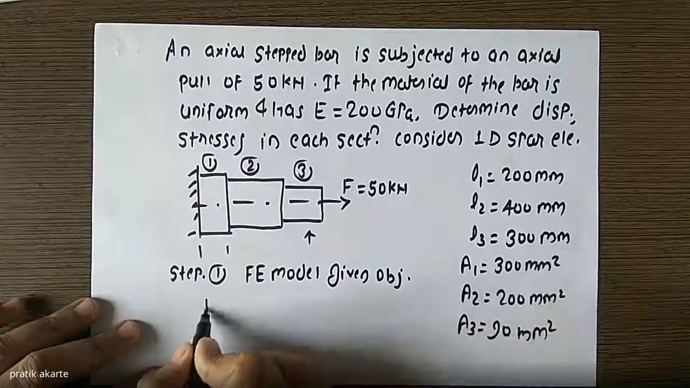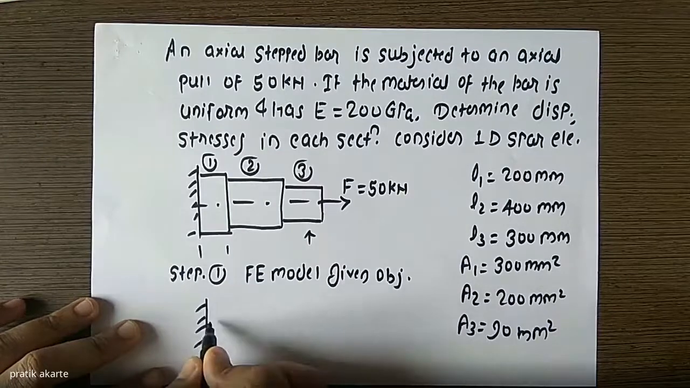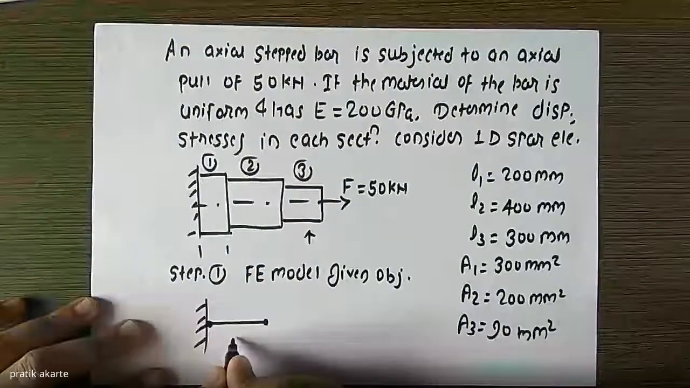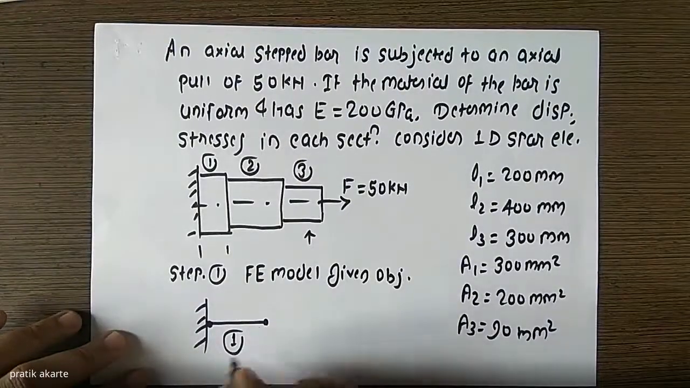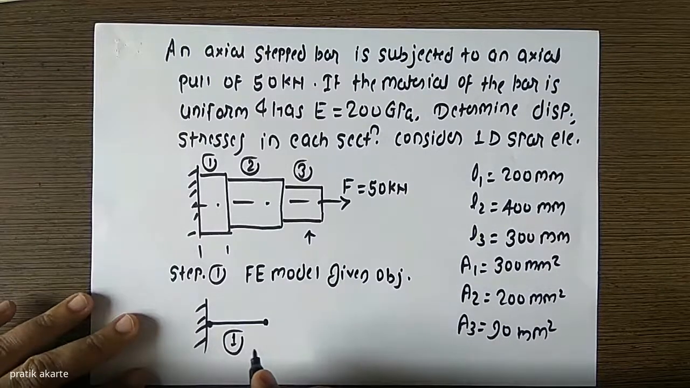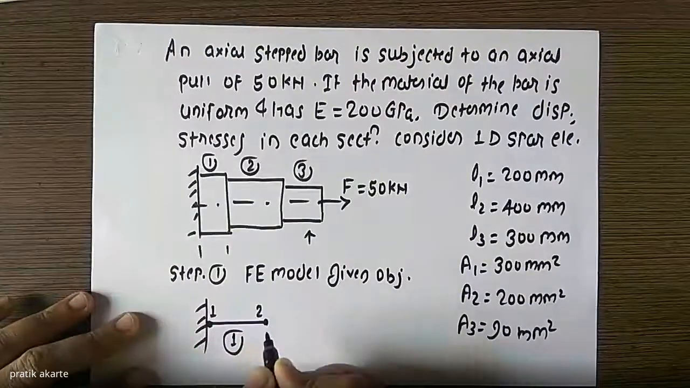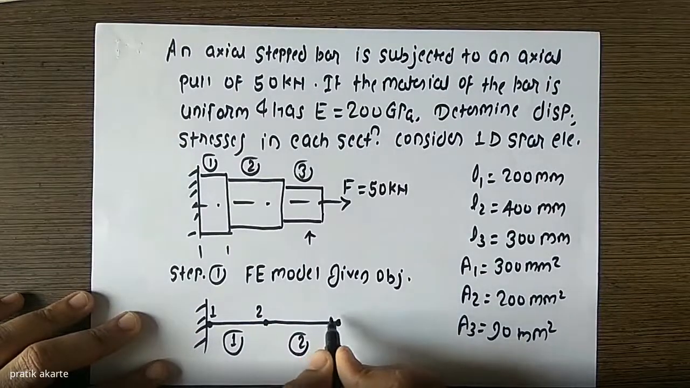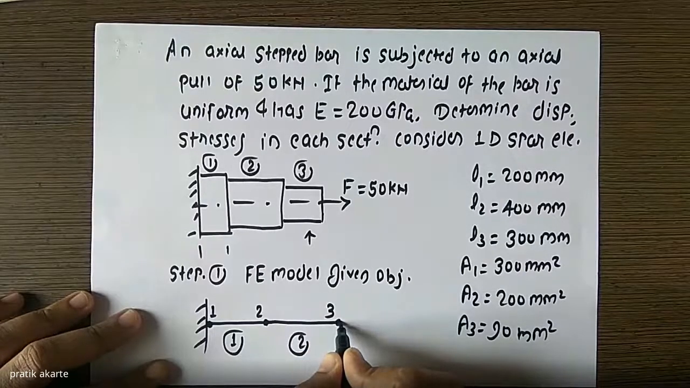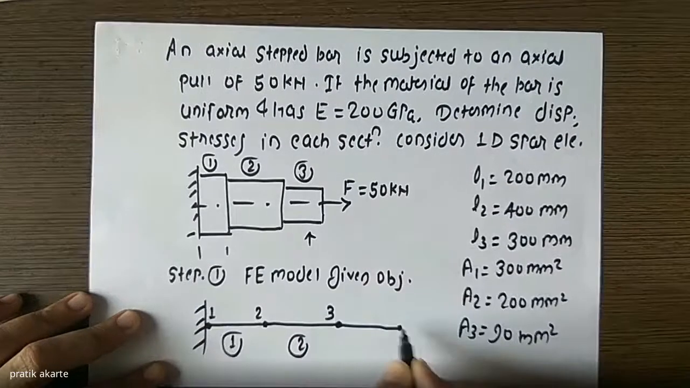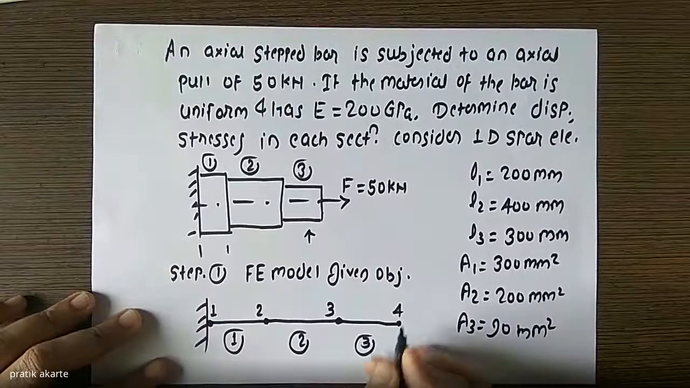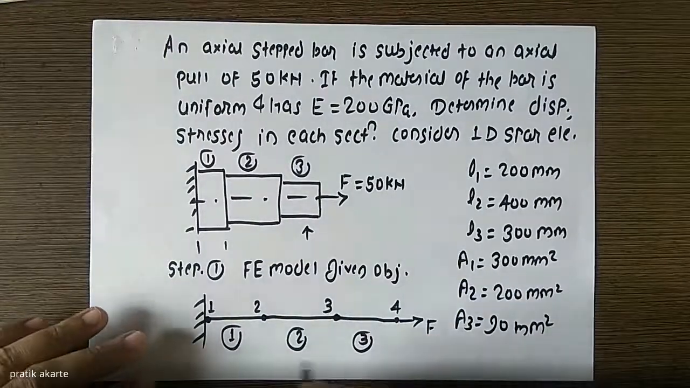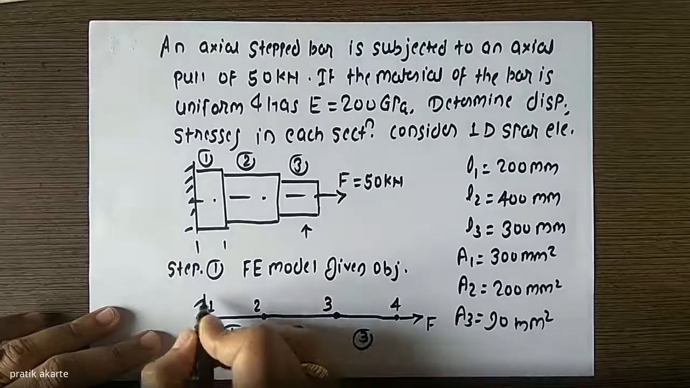So we'll redraw this. We'll consider this as the first element. This is element number 1, which we always write enclosed in a circle, with nodes 1 and 2. Then element number 2, which has node 2 and node 3, and element number 3 has nodes 3 and 4. At node number 4 we have a force, and because of this applied pull force,